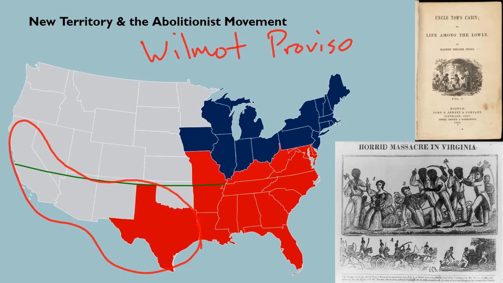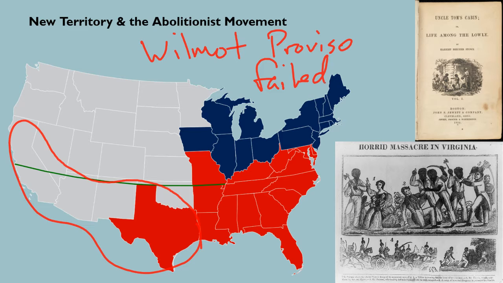Okay, all of those new territories, if they were going to join the United States, would have to be free states. The Wilmot Proviso failed. Okay, this was in, I think it was 1846 to 48 was the discussion about the Wilmot Proviso. It failed because